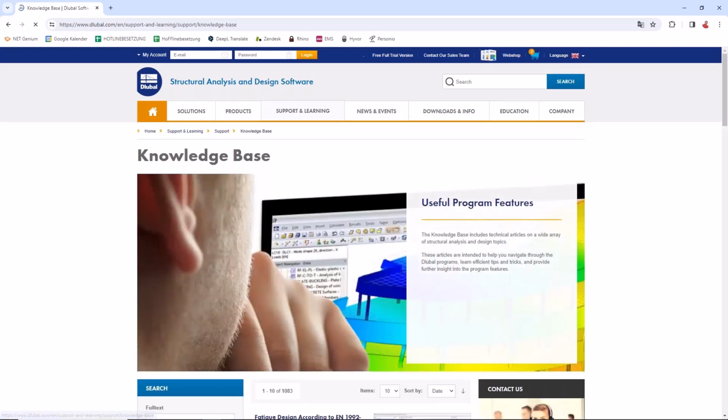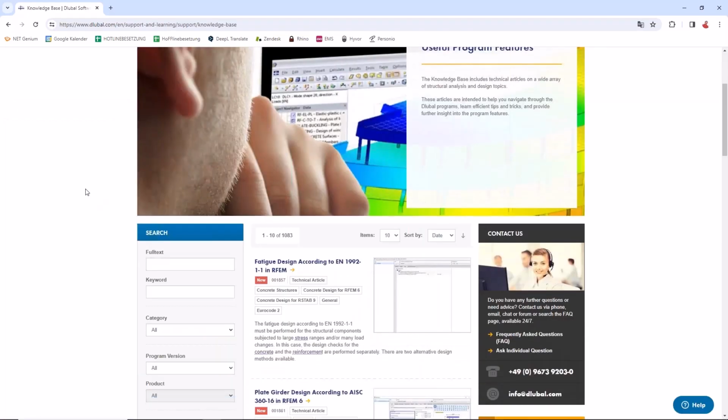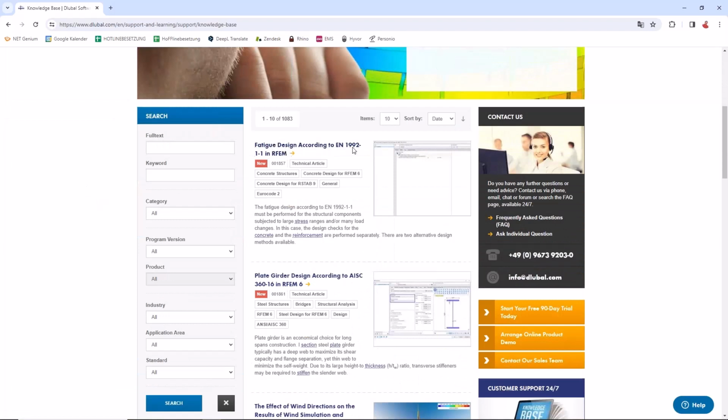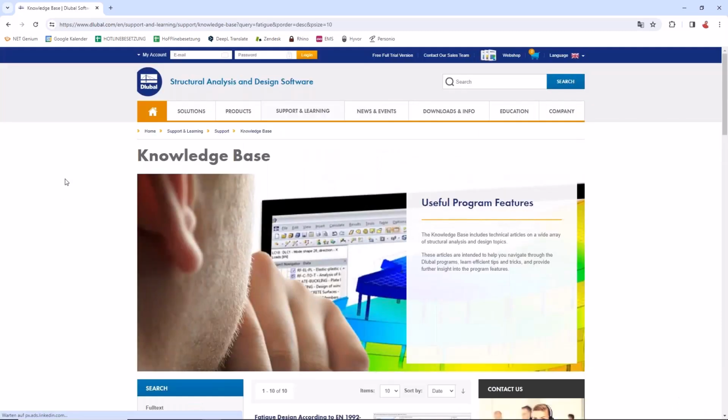And now, because it's our newest one, you can see the fatigue design according to Eurocode 2 in RFEM 6. As we go further on, there will be newer articles coming out every week. So you can go to full text and you say fatigue, search for it, and then you will find this technical article.